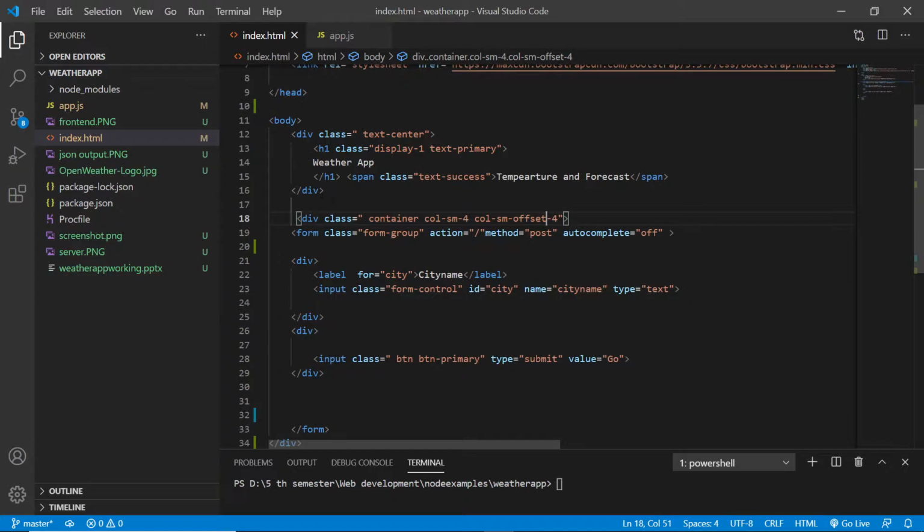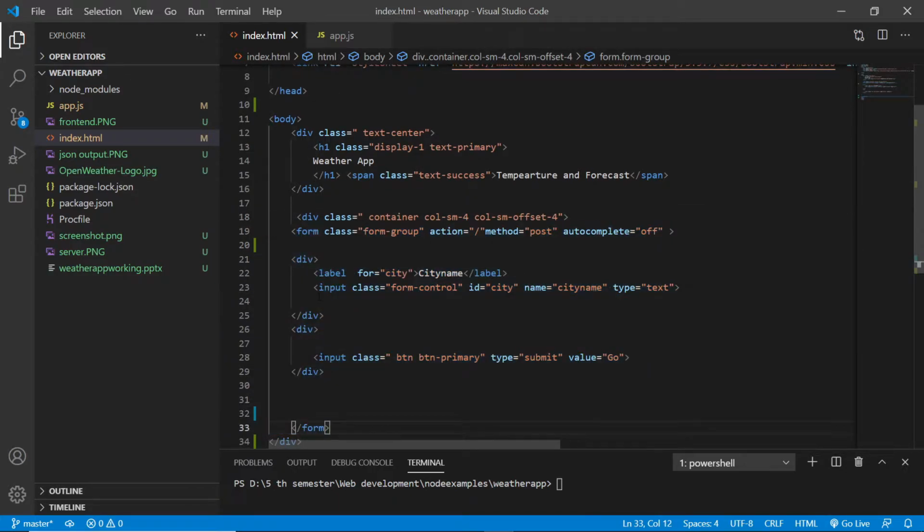So what we have done is, this is a form. Inside the form, we created an input tag in order to take the city name. Now this is the input tag in order to take the city name and the label for that, which is city name, and also a button of type submit. Right, when we click on this, we will be able to submit our form.